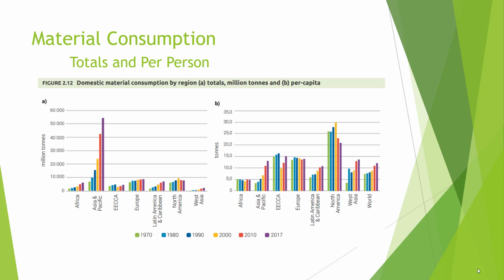So here's your totals per person, and on the right is per person. That's per capita, and then on the left there is in the region. So regionally, and we'll look at that purple line, which is 2017. China, or I should say Asia and Pacific, mainly China, is consuming the most materials by a region. So that's a whole area of land. But per person or per capita, you look at 2017 on that purple one, North